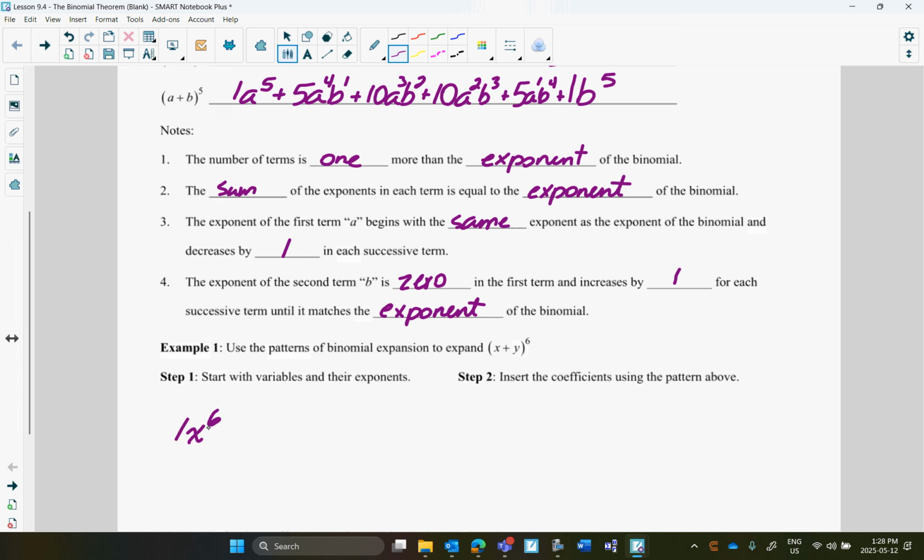Technically, you don't have to write the 1, but you may want to, just so you can remember the pattern. As far as I'm concerned, this is the same as x to the sixth. Plus 6x to the fifth, y to the first. Plus